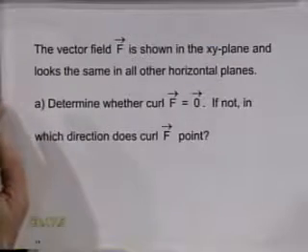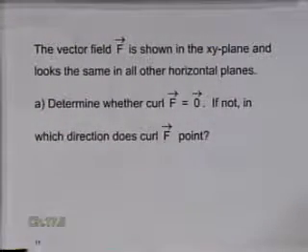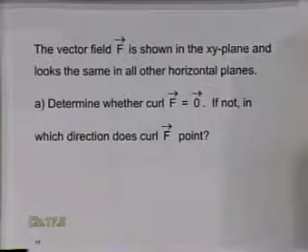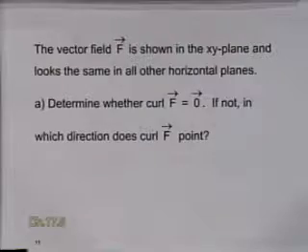Now let's read the directions here. The vector field F is shown in the xy plane and looks the same in all horizontal planes. Determine whether the curl of F is the 0 vector. If not, in which direction does the curl of F point? Remember, the curl of F is a vector. Okay? All right, now,